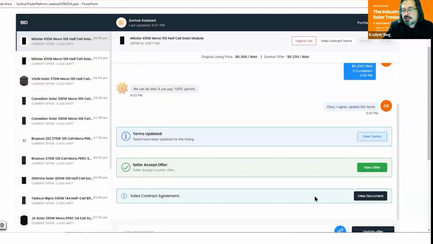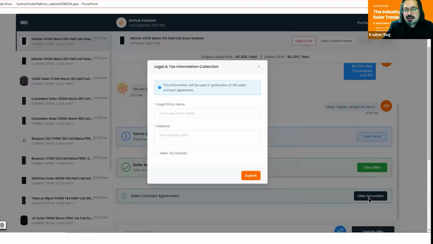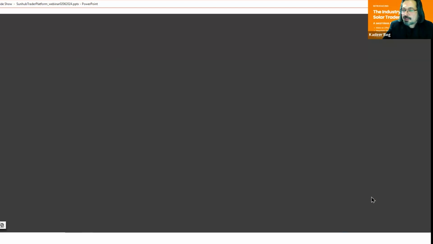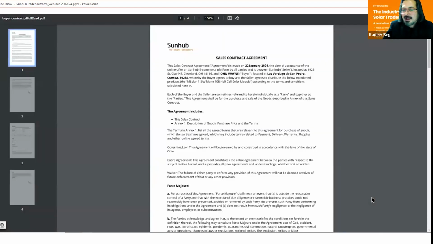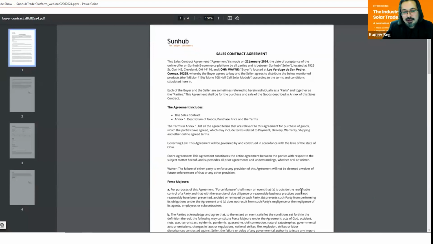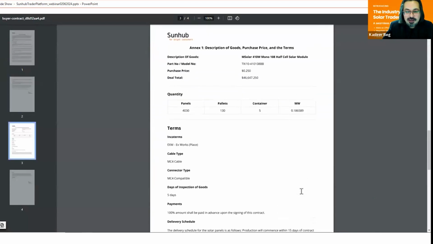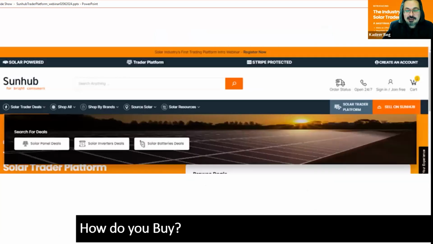And the way you generate the contract is you have the entity name and the address for the legal binding piece of it. As soon as you enter that information, it generates a contract. To give you an idea, you could just download that contract, and we'll walk over those things at a little slower pace because I know your audience would be interested in how you purchase on the platform, and I'll walk through that. So as you see, the contract in that sense. So now let's